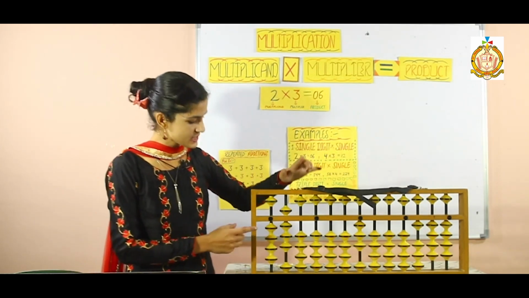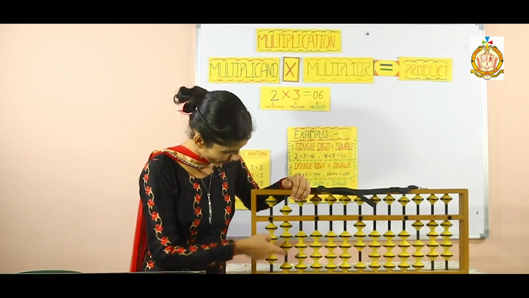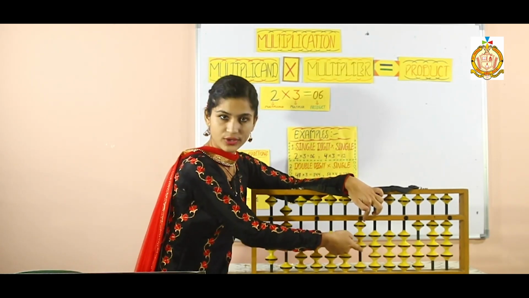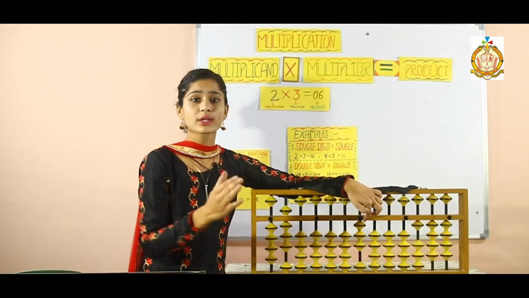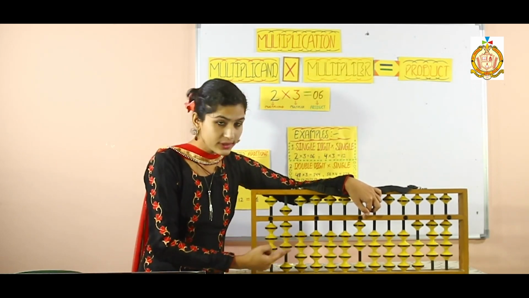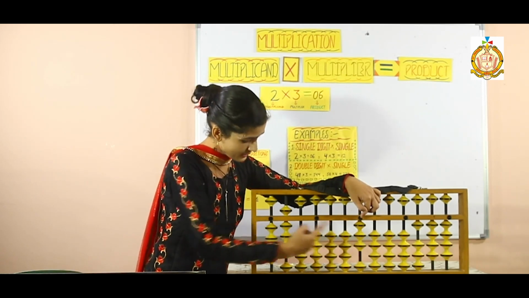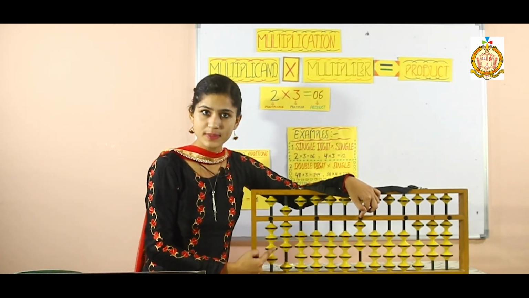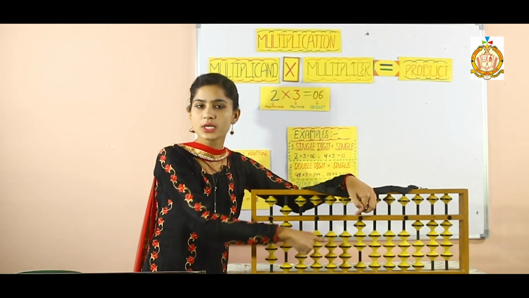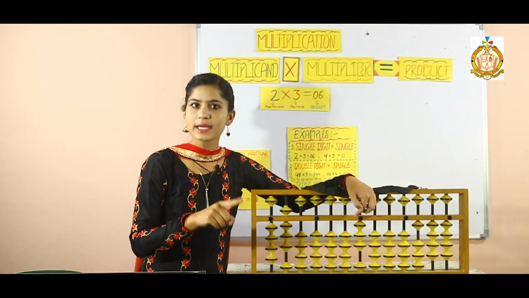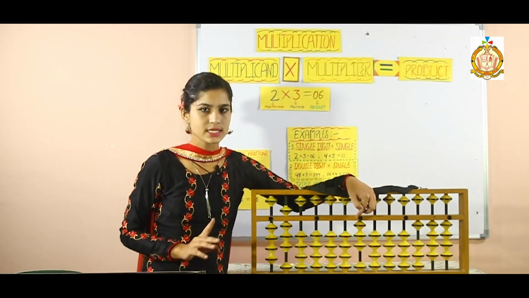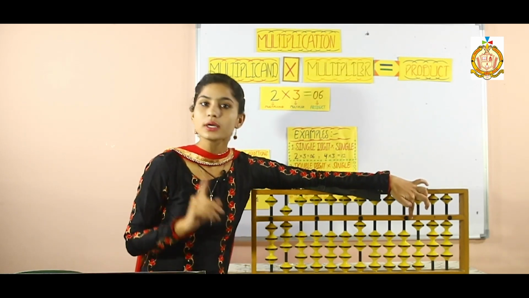Again I am going to repeat. The multiplicand is 48. 48 is added here. Then the multiplier is 3. Add 3 here. Whatever the product will be, firstly you have to think in how many digits your product will come. For that you have to multiply the first digit of your multiplicand with the multiplier. The first digit of the multiplicand is 4. 4 into 3, 12. And behind it, 8 is there. It means your product will come in 3 digits. So keep the finger on the third rod.